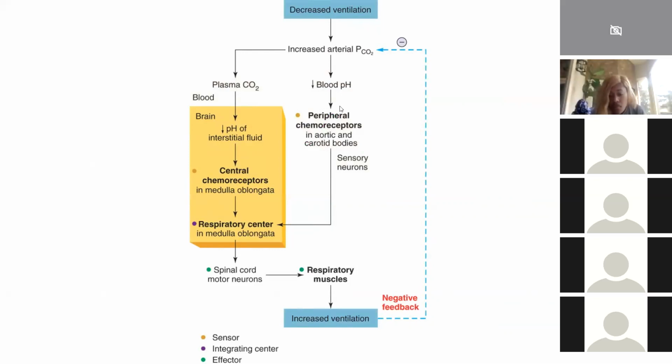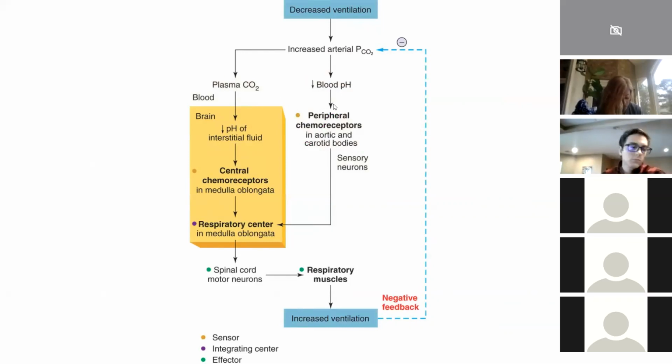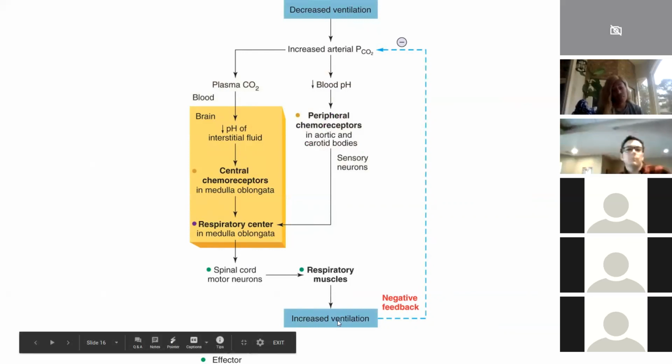Basically, when you're using oxygen, your oxygen levels will go low in your body, your CO2 levels will go up, and your pH will go down, or otherwise your hydrogen ion concentrations will go up. If your plasma CO2 levels go up or your pH goes down, there are structures in the body that can detect that. For example, there are these aortic bodies and carotid bodies. Those are the ones we looked at with baroreceptors. These are able to detect that decrease in pH and signal to the medulla to increase respiration or ventilation, and that would in effect increase blood pH.